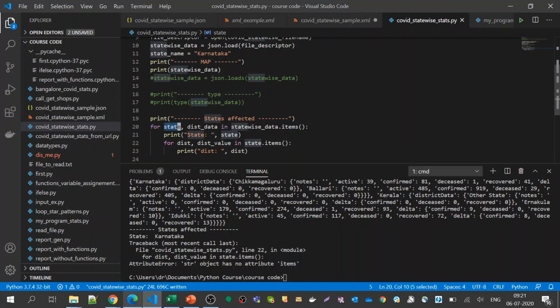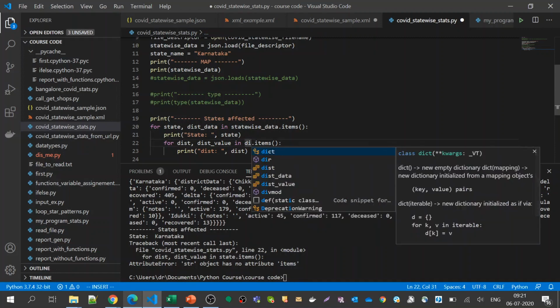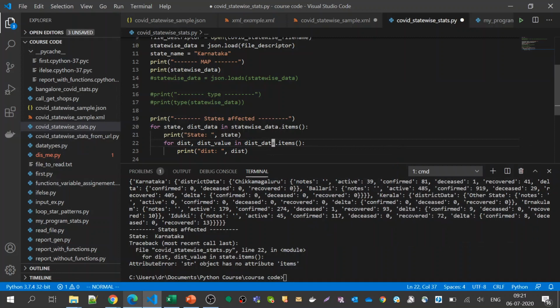Instead of this key, what I should actually use is the value, because the value is a dictionary. So district data is the right dictionary. You will face this kind of problem: you want to realize that you are using a key here. This is actually a dictionary, so the format is key and value. I should iterate through the value, because the value is itself a dictionary. Okay, so let us change that.